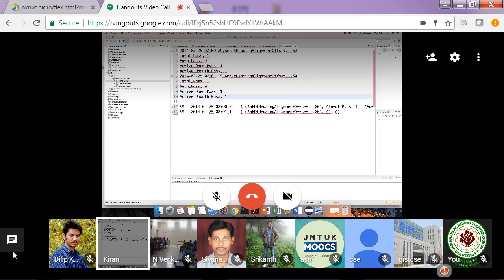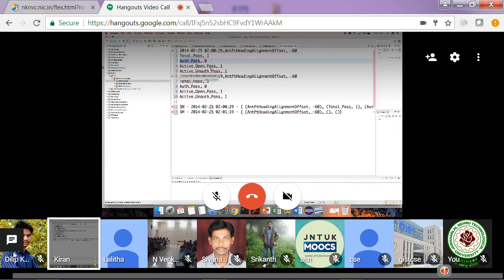Okay, there is some log content, and from the log content we need to get the total pass, authentication pass, and some values. These are all log files. These files are not emitted for this project's purpose. These log files are already being generated, for debugging purposes or something like that. So we are using these files to make them usable, to generate some meaningful information from those logs. Timestamp information like this, and all these parameters are spread across